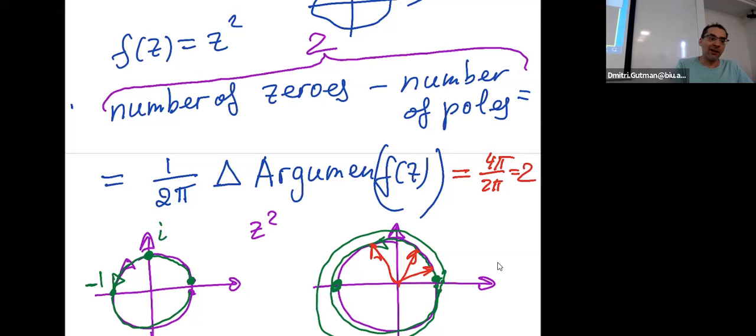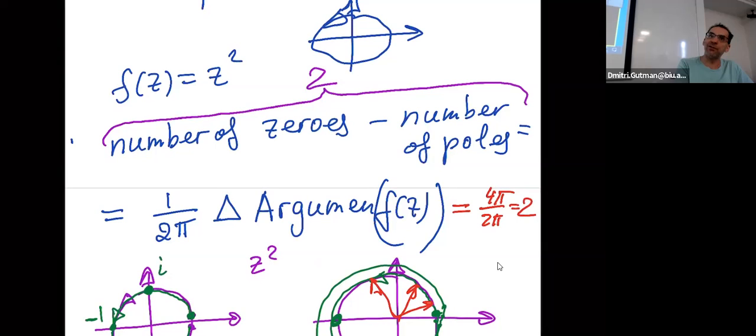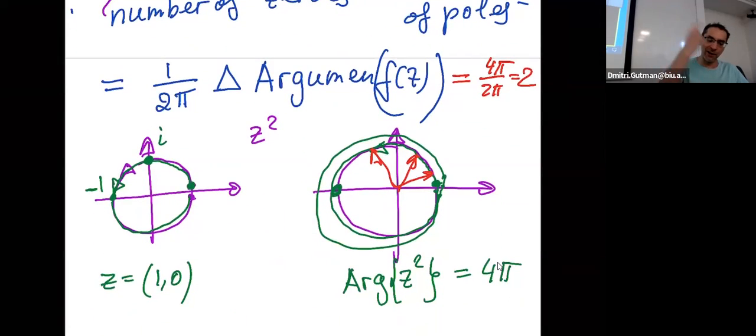And what this complex analysis theorem shows is that this winding number, this 2, is precisely equal to the number of zeros of the function f minus the number of poles of the function f. So you can connect two objects one to one, and they must be equal. You don't need to know anything about function f, but to know how many zeros and how many poles it has inside. And then the difference will determine how many times vector f of z will turn around on any contour C